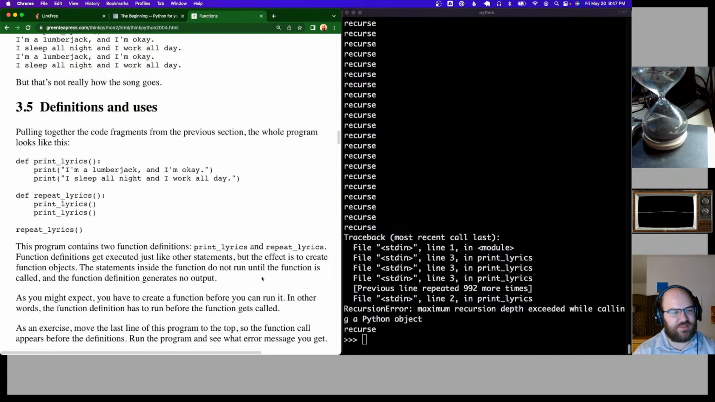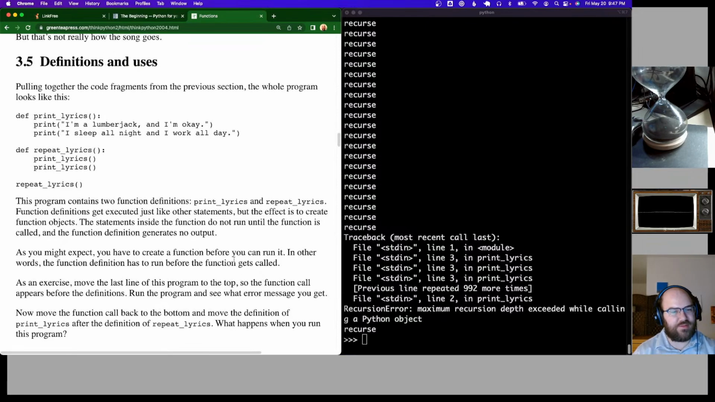3.5, definitions and uses. Pulling together the code fragments from the previous section, the whole program looks like this. Print lyrics, repeat lyrics, repeat lyrics. This program contains two function definitions, print lyrics and repeat lyrics. Function definitions get executed just like other statements, but the effect is to create function objects. The statements inside the function do not run until the function is called, and the function